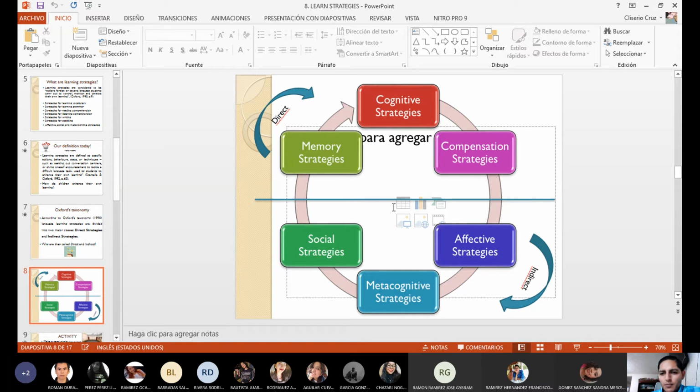Remember that they are very affective, they are very emotional, they are cruel, they are very honest, but they are very sensitive at the same time. So the affective filter and affective strategies such as praising and motivating and working on their attitude is fundamental for learning to take place. Metacognitive strategies are also important, and they are related to the philosophy of the school and